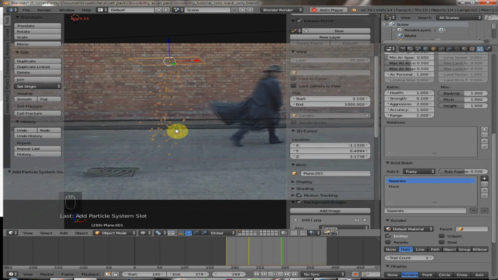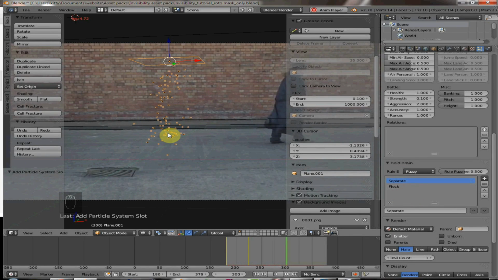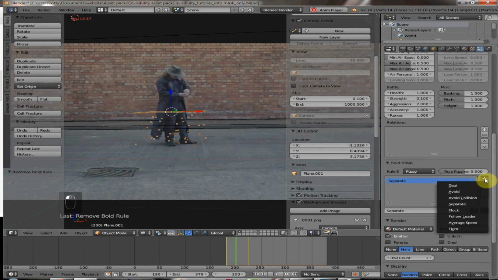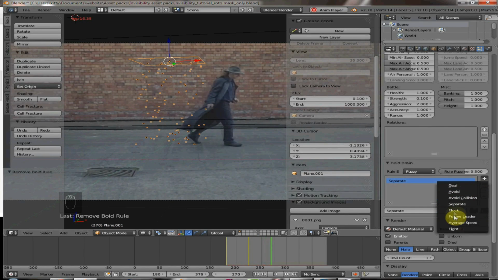So what we need to do is tell them that they really want to go flying off in all different directions. So if we go to flock and delete that, and then we go to the plus and add a new behaviour,